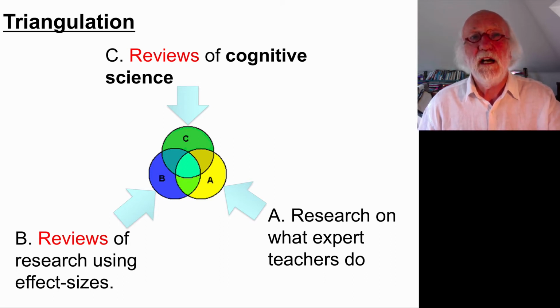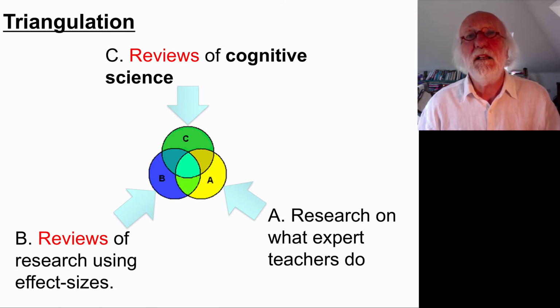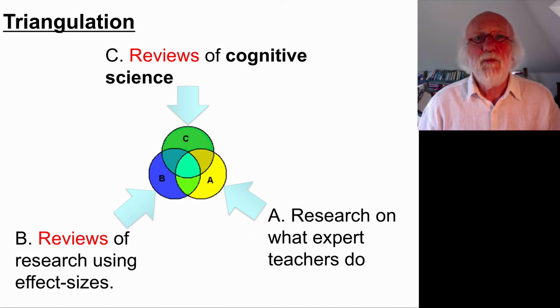Bottom left on the diagram are reviews of research using effect sizes, like the note-making experiment I described earlier. There are 96,000 such studies summarized in 1,600 research reviews involving 300 million students on different teaching methods. This is a vast database. It has been brilliantly summarized by Professor John Hattie in his Visible Learning, a synthesis of over 800 meta-analyses relating